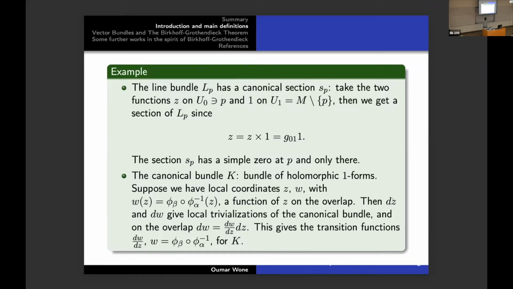And on the overlap, we have the differential form dW equals dW over dZ times dZ. And this gives the transition functions of the canonical line